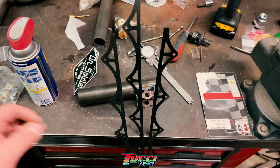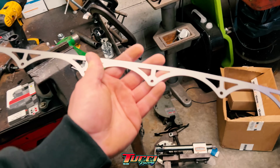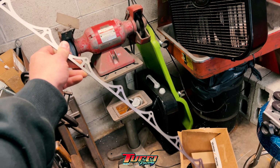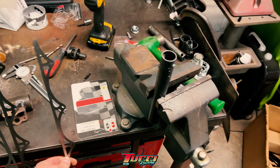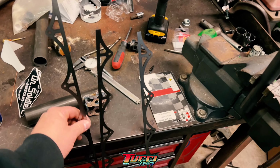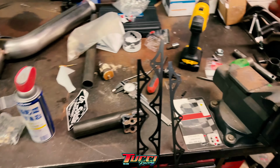Alright, so we use some Tin Soldiers. Sorry, he's grinding one of them right now. These were Tin Soldiers for some of the carbon fiber. I'm not gonna go too crazy with it because it's super expensive, and you know, there's no need to do the whole thing carbon fiber. Jeez, dude. It's very loud in here. I'm sorry, but